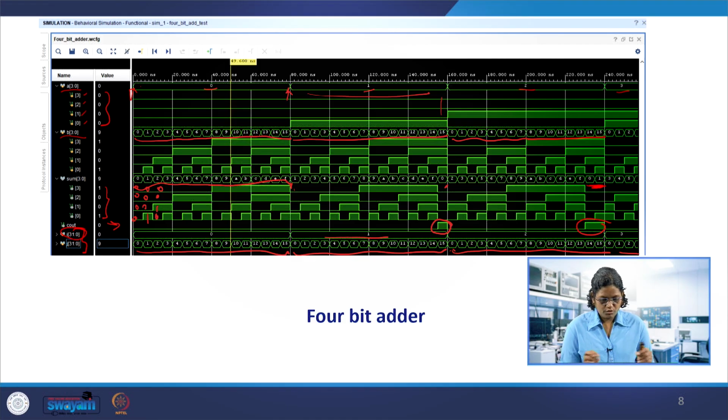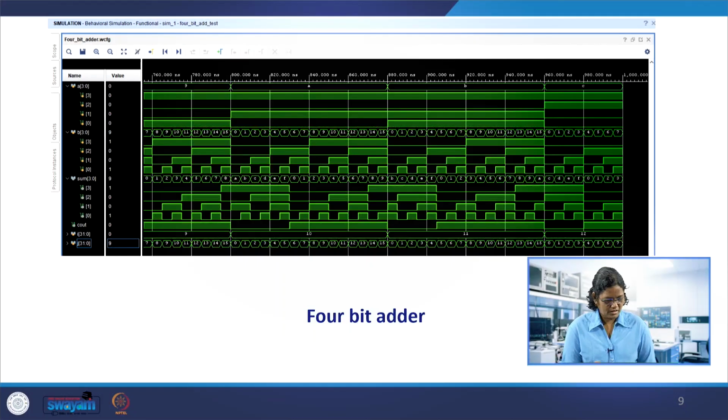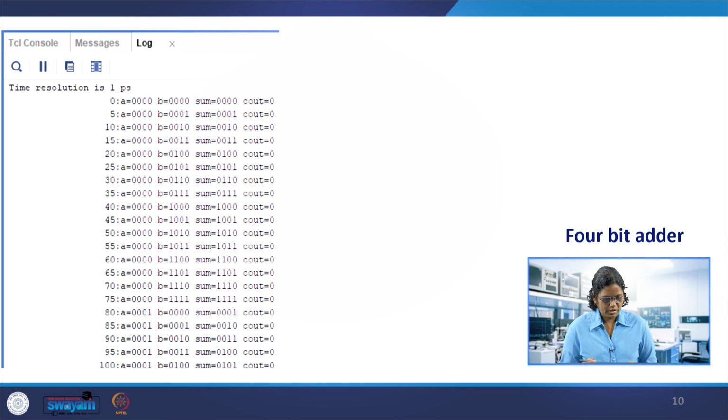So the 4-bit adder is developed using the instantiation of half adder and full adder modules. Now coming to the next, that is another snapshot of this again. You can see when it's 9 and 10 and 11, similar kinds of outputs can be visualized also in the second one. The 4-bit adder, even in a log file we can generate them.